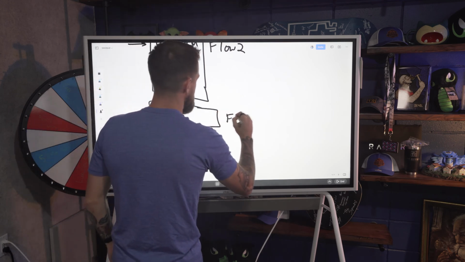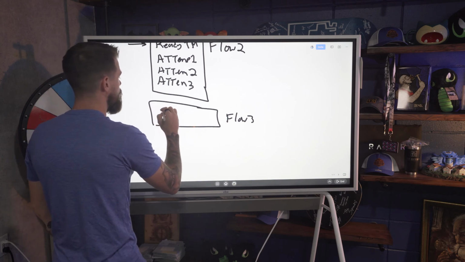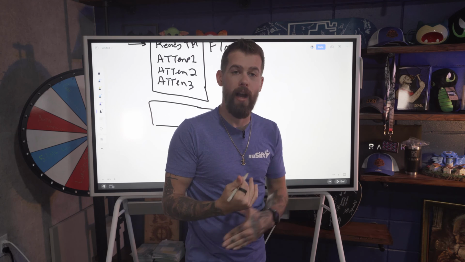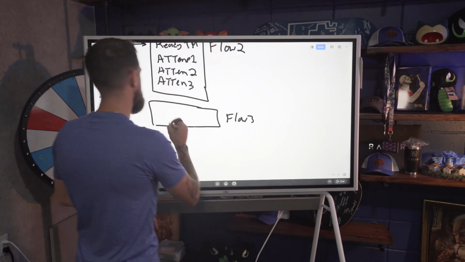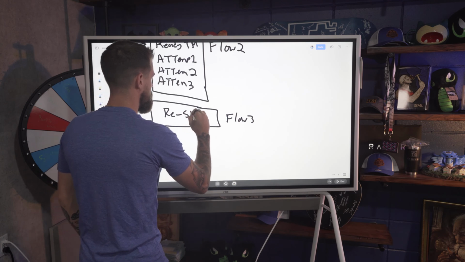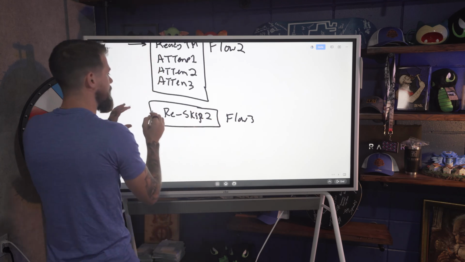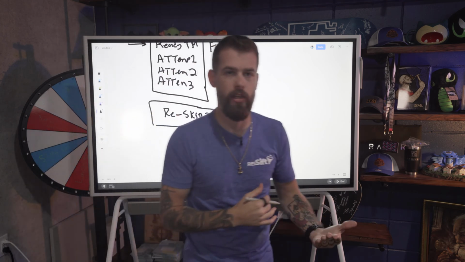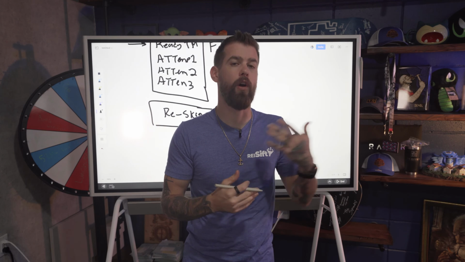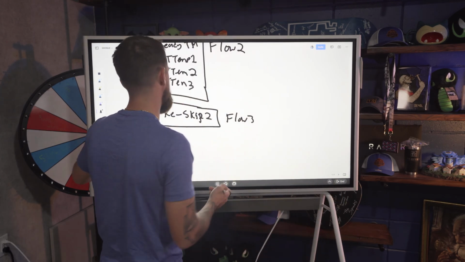Let's call this flow 3. This is where we need to know what data has been skip traced in one location, but we haven't gotten in contact with anybody yet. And this is going to be REISift. This is the data that we're going to have to skip trace in a second location, because that first skip tracing location didn't give us any results yet. We've called through it multiple times. We still haven't gotten anybody, so we need to skip trace in a second location.